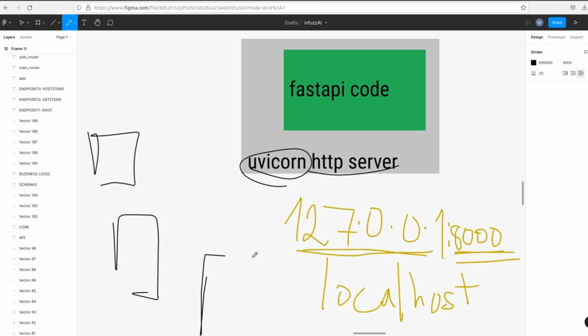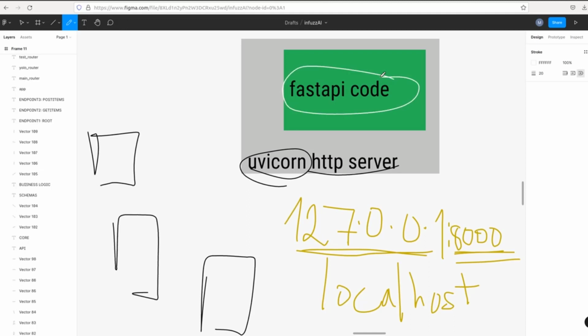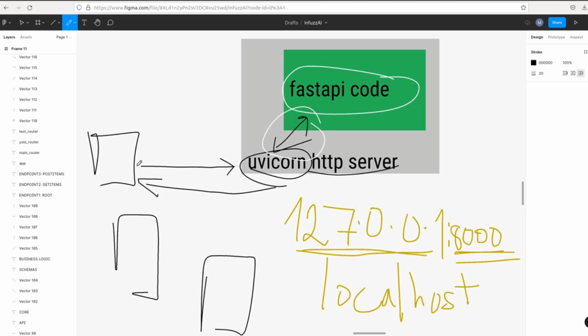Supposing we have these 3 users right here, they want to get some predictions from a model which is in our FastAPI code. So what will go on here is this user will make a request to this server, and then the server gets that request, interacts with FastAPI, obtains a response,